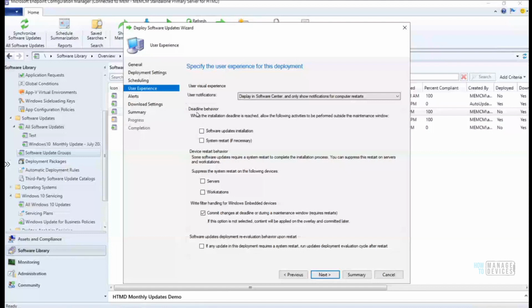Okay, deadline behavior. When the installation deadline is reached, allow the following activities to be performed outside the maintenance window. If you are outside the maintenance window, then software installation should not proceed, right? Then there's no point of a maintenance window at all, right? That is why by default this is not selected, right? So system restart outside the maintenance window, if that is okay with you,